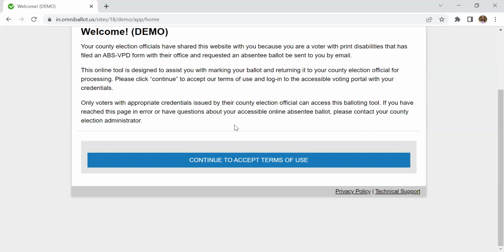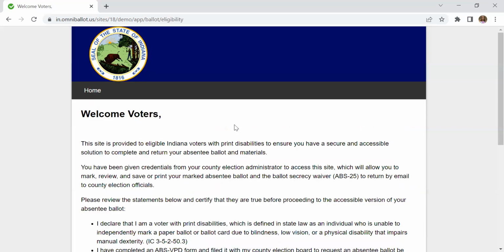Okay, so we're going to press spacebar on that button to move forward. Main region. Welcome voters. Heading level 1. Again, you're going to have that heading announcing what part of the process you're on for filling out your ballot and continuing on with the process. So we're going to down arrow here once again for instructions.